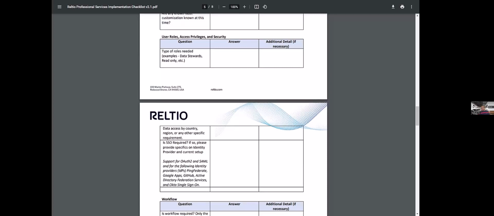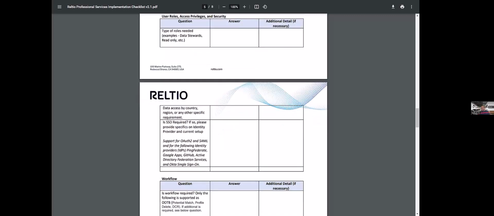If we know what sort of roles need to be configured and what sort of access controls need to be in place, basically the data security, like not everybody should have edit access on the data. We basically restrict it to read-only users. So if we have a rough idea of those, it's good to capture them in the requirements document.